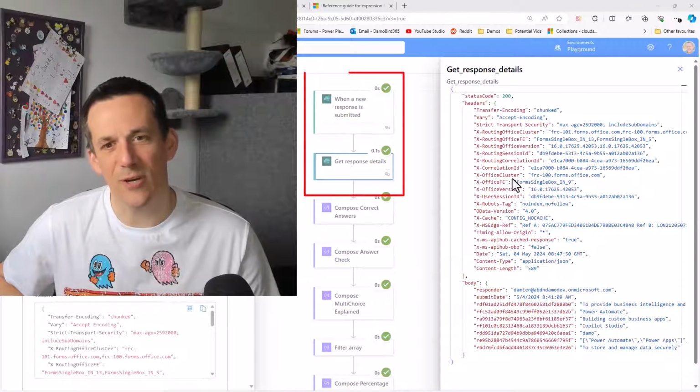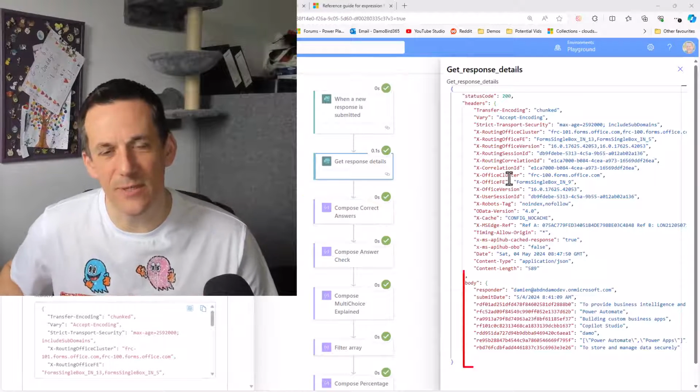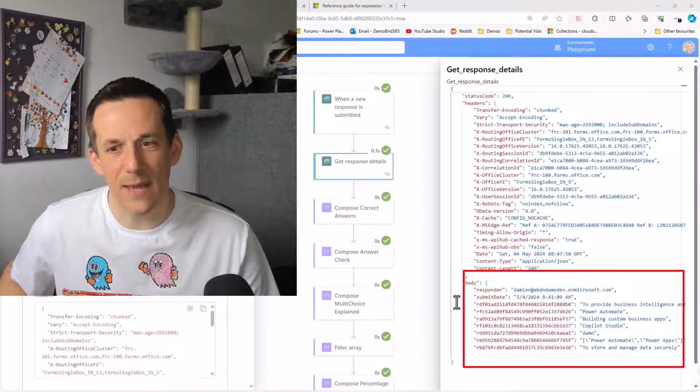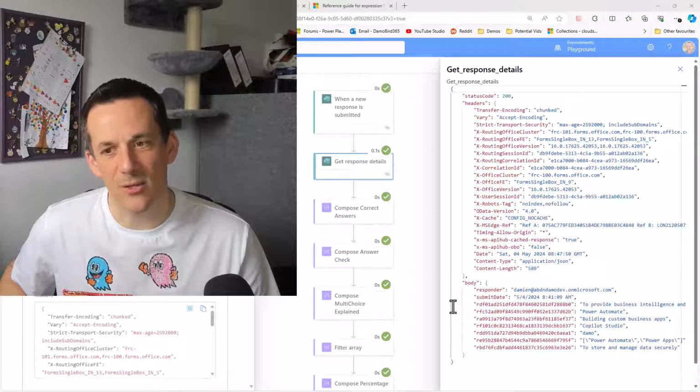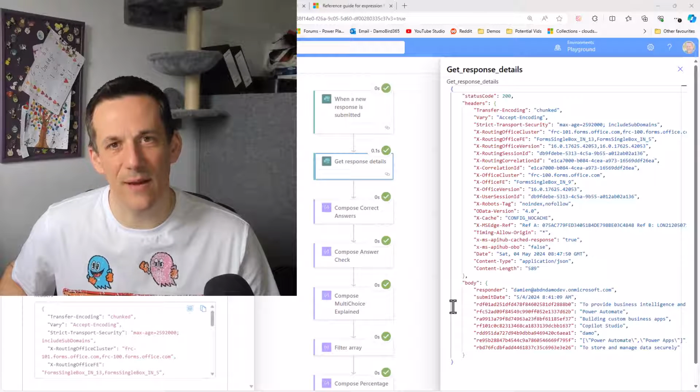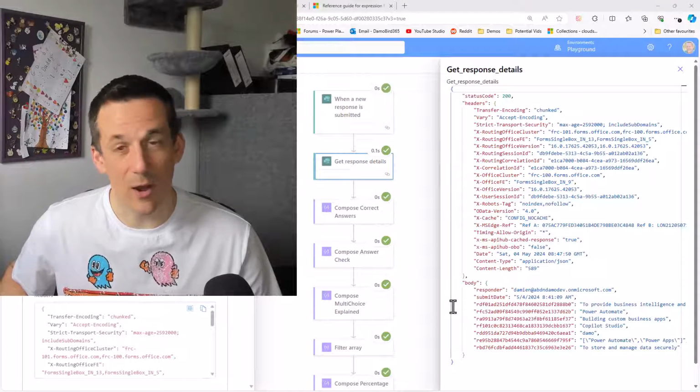Hi there folks, in today's demonstration I'm going to show you how you can calculate the score of a Microsoft Forms submission in Power Automate. So if you've ever built a flow using the Microsoft Forms trigger and the getResponseDetails action, you'll have noted that if we look at this particular example here, you get only the responder, the submit date, and then the various questions and answers. There's nothing in there to indicate if they've got 100%, 0% or somewhere in between, so